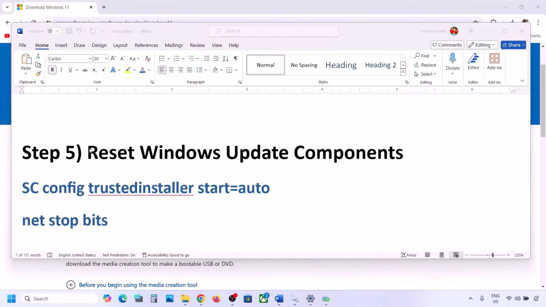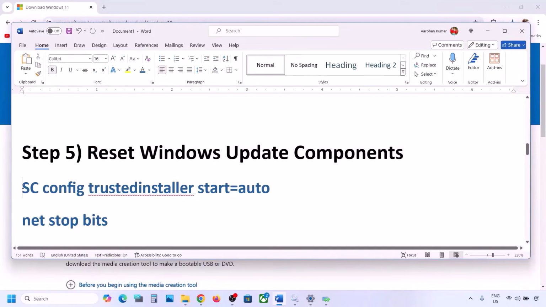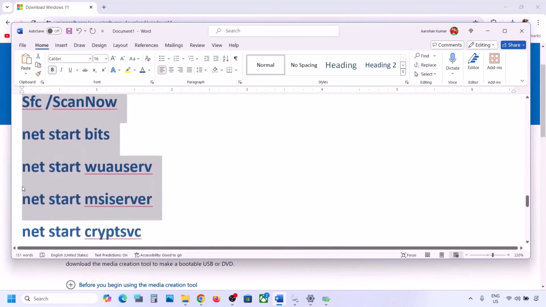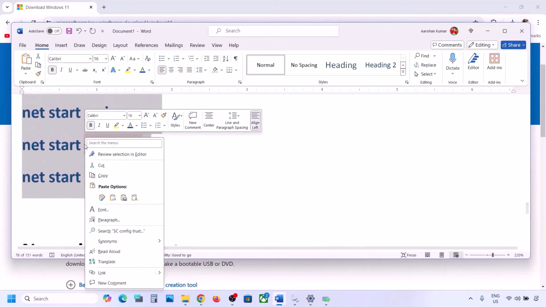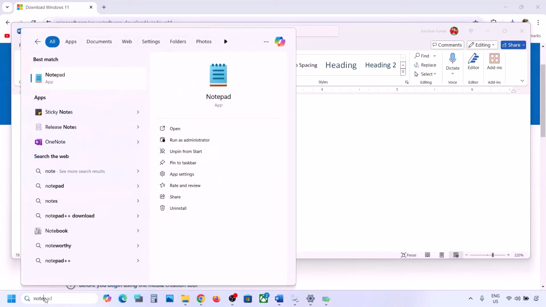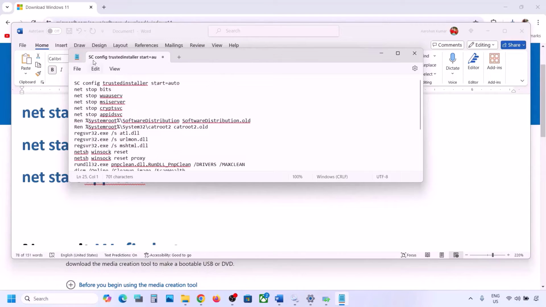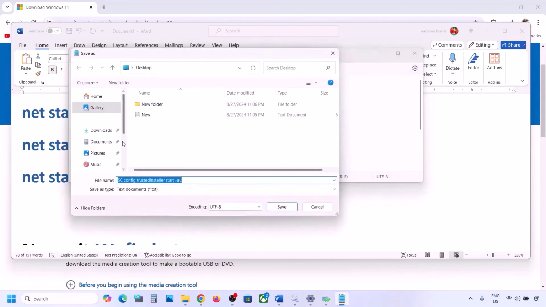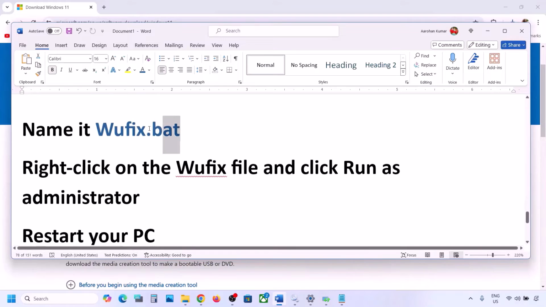Now the next step is to reset Windows update components. Now for this, copy all these commands. These commands are provided in the video description. So copy it till here. Now once you copy it, open Notepad on your computer, and then in the Notepad paste all the commands, and then go to File on the top, click on Save As, and then you can name this file as